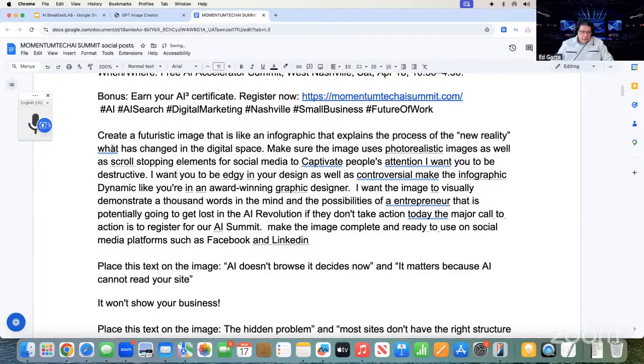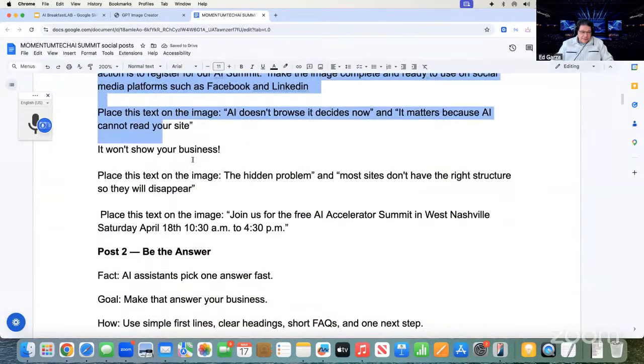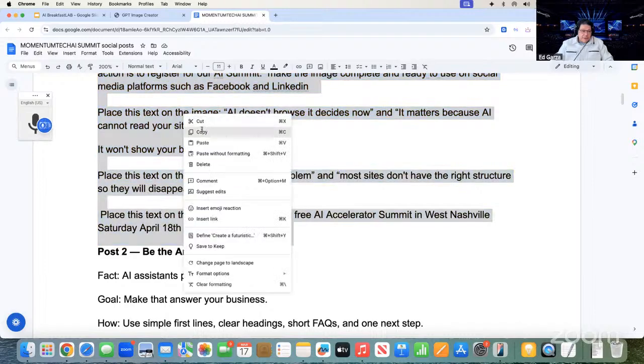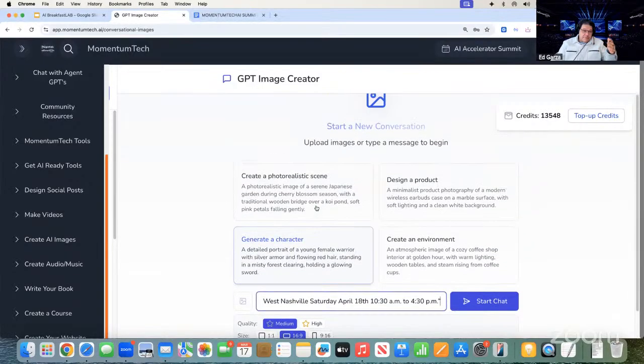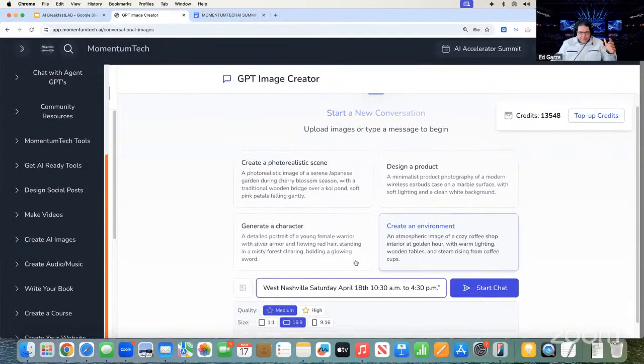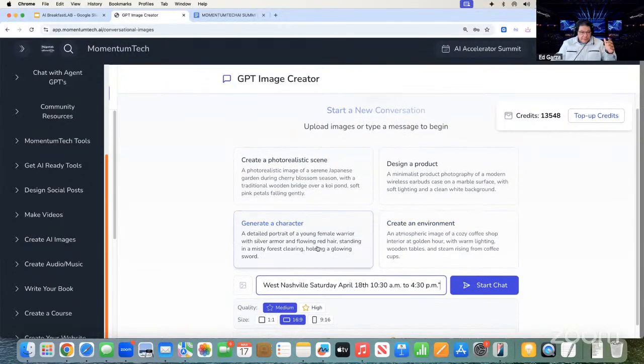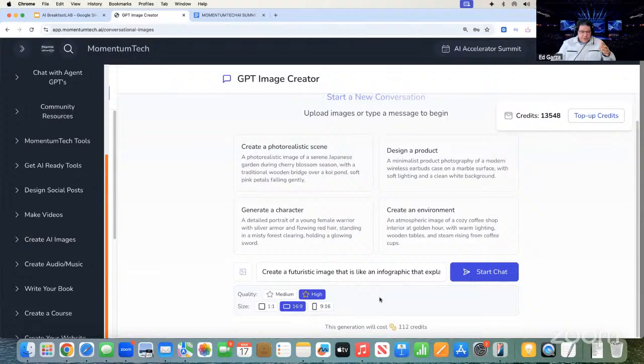Okay, very good. It is a long prompt. It's very specific. I'll give this to you guys. Okay, so let's just look at it here. Okay, let's copy this whole thing and let's put that in here. This is a GPT image creator, so you've got to be specific. If you're not, it's going to be just a generic post, right? Because we're pulling from a variety of image language models here. So we give you some basic prompts. These are basic ones. But if we really want to take it up a notch, then you want to give it a better prompt.